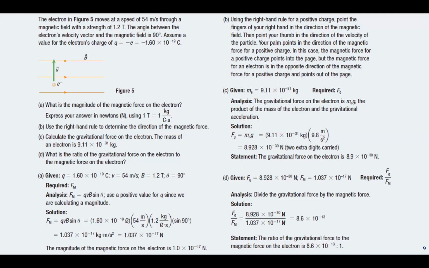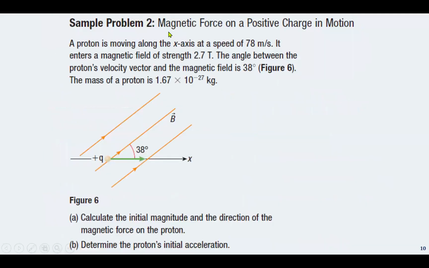Any questions? No? Okay. Then let's have a look at another